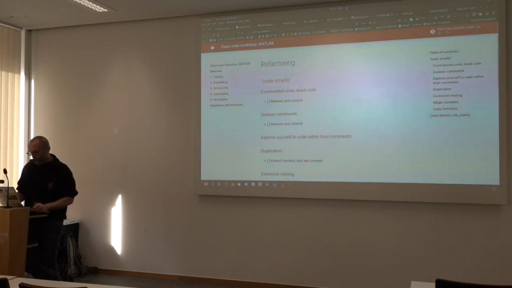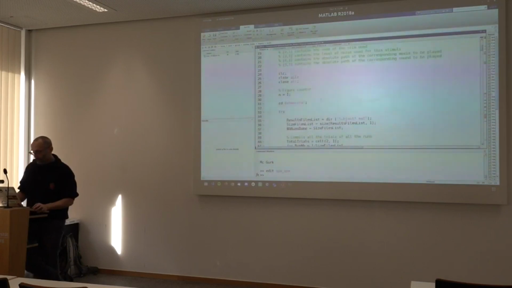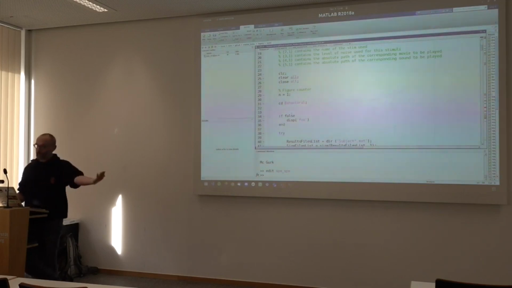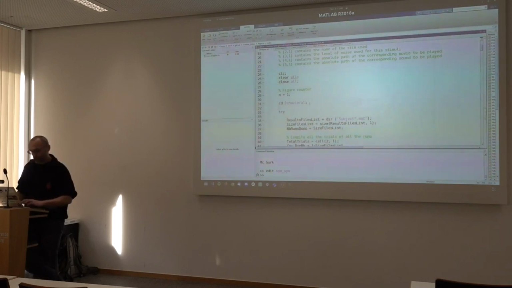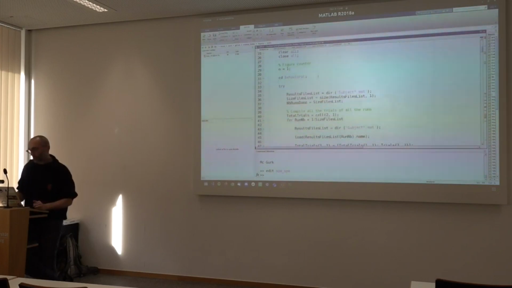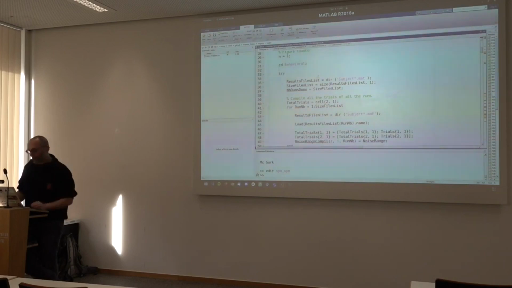A very obvious example is if false, display something. This will never run, because false will always be false, you will never enter this if block, so this will never appear. This is obviously a silly example, but sometimes you may have things in your code that look like this, and you go, I don't need this, so you can completely delete it. When you identify dead code, you can go, fine, let's remove it.